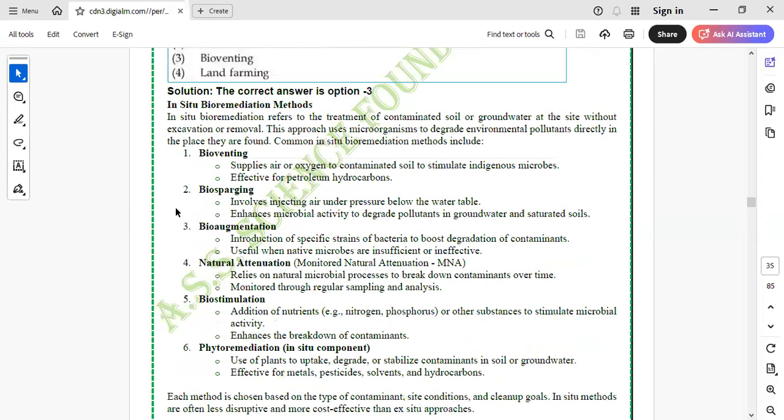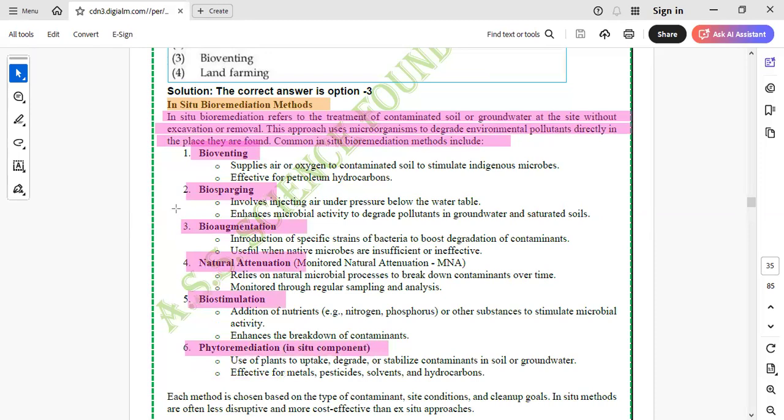साइट। So when you talk about on-site bioremediation, in situ bioremediation refers to the treatment of contaminated soil or groundwater at the site without excavation or removal. This approach uses microorganisms to degrade the environmental pollutant directly in the place they are found. And common in situ methods are कौन कौन से? बायोवेंटिंग है, बायोस्पैरेजिंग है, बायो ऑगुमेंटेशन है, नेचुरल टेनुएशन है, बायोस्टिमुलेशन है, फाइटो रेमेडिएशन है। ये सारे के सारे इन